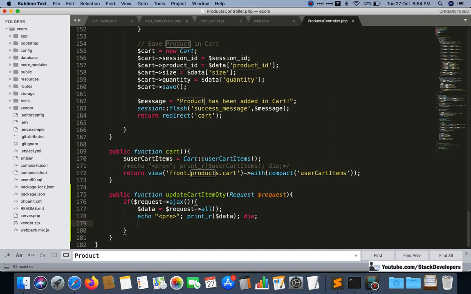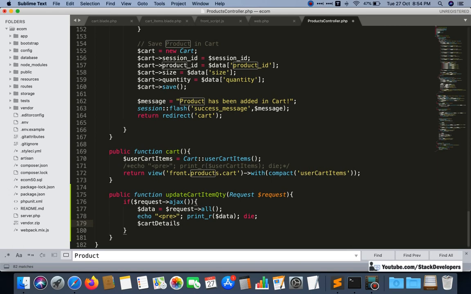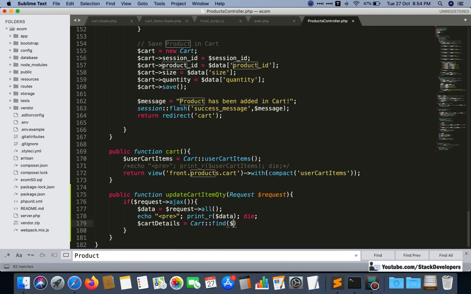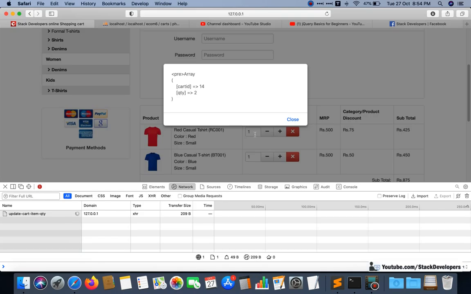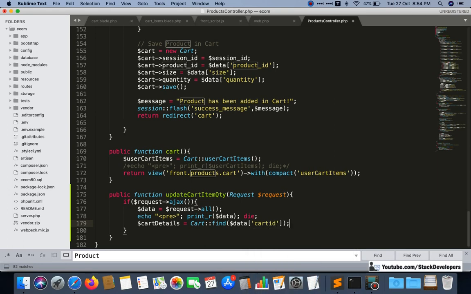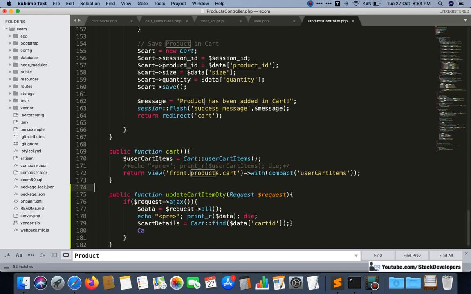So we can now update our card. We can get the details of the card with the find method of Laravel, and we can check there as well that we are getting this card id. So we can use this card id and get the card details. And now see, these card details are not required right now. We will use this one later on. Without this one, we just require to update.